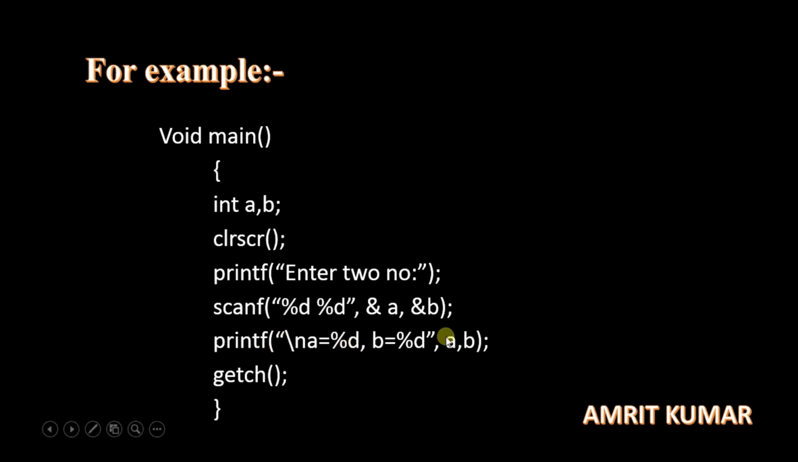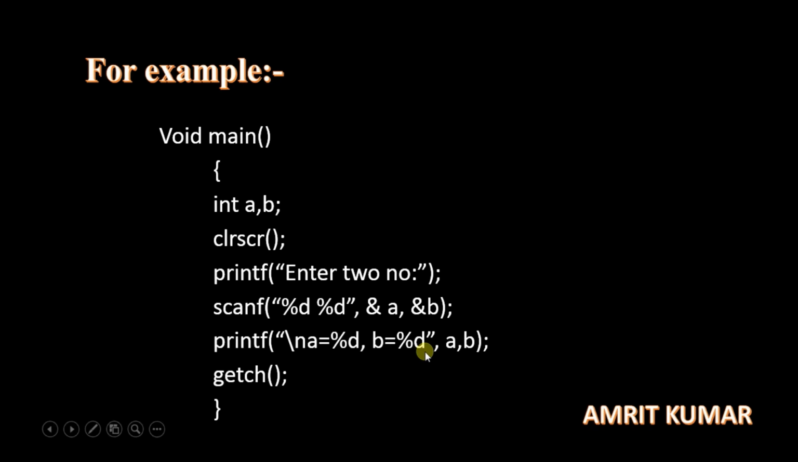Within the double quotes, I am using backslash n, which is an escape sequence. This means that I am using a new line, to create a new line. Okay. Then I am using a statement, or we can say message, a equal to percentage d. Percentage d is a format specifier which is going to display the value of a, and then comma operator, then b is equal to percentage d. Here b is the message I am displaying, equal to percentage d is a format specifier,